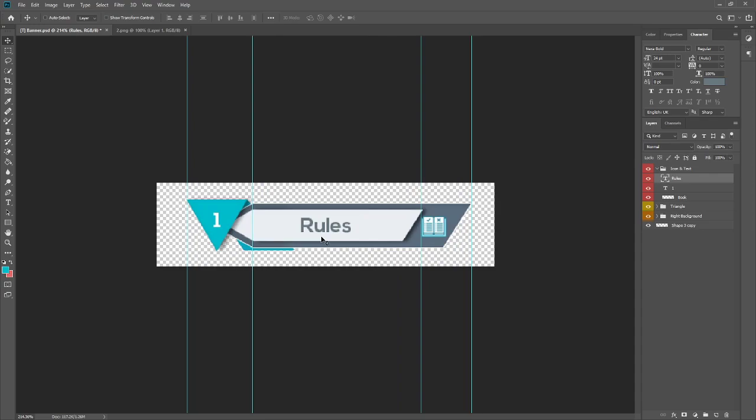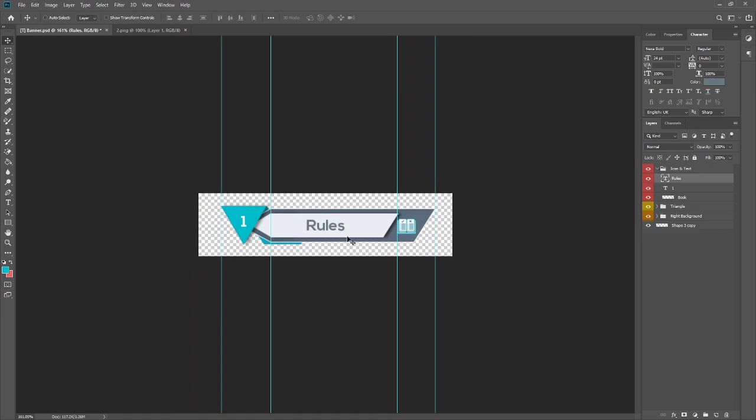But I figured this would be a nice one-off design because you guys were requesting more banner tutorials, so I'm back with that. So I made this banner a long time ago, a good year and a half, 2 years ago. So it might be a little rusty when I'm remaking it, but I'll include the template at the end so you can easily just download that and edit it.